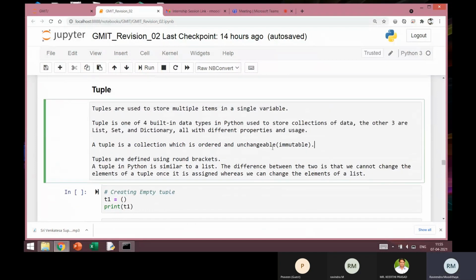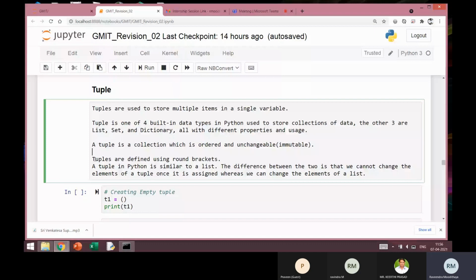Obviously, most of the methods which work for list will not work with tuple because it is immutable. The slicing operation will work, because slicing always produces a new list. So the slicing operation will work with the tuple also, just like strings, list, and tuple. The slicing operation is identical, but you cannot change the content of a tuple, exactly the same as in the case of a string.